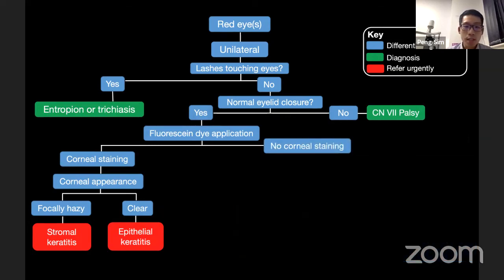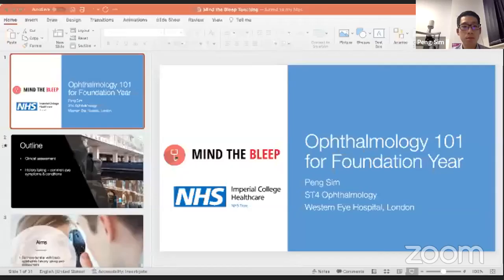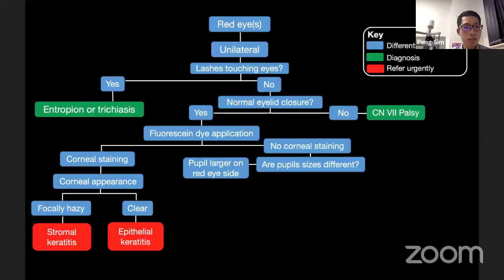So the next thing is, we'll go back to where we applied fluorescein. If there's no corneal staining, then the next thing to look at actually is the pupils. So if you see that the pupil on the affected red eye is larger, is there any sort of diagnosis that you might be worried about? Yeah. Myasthenia